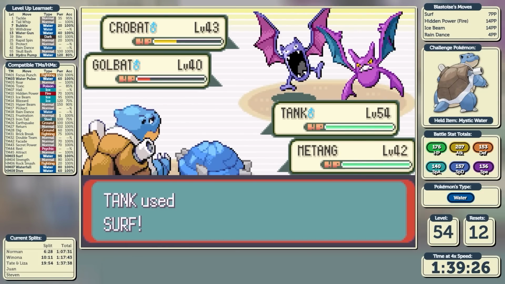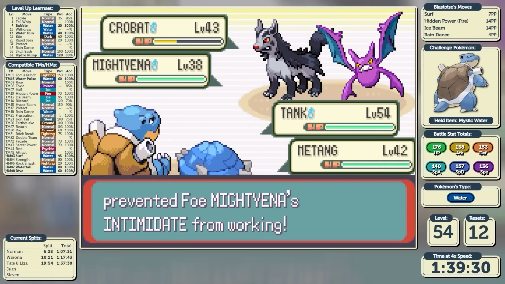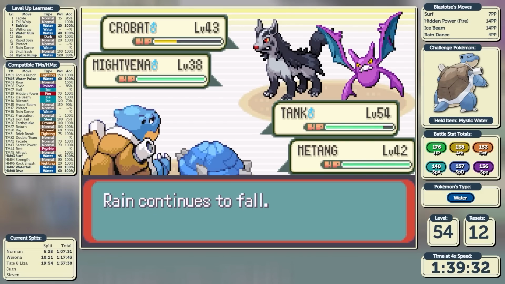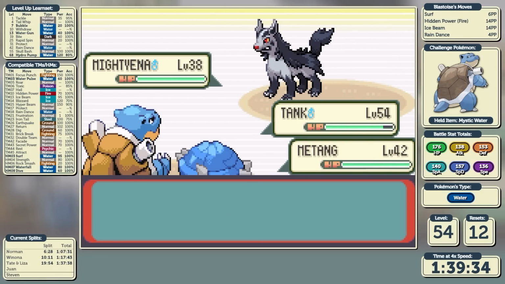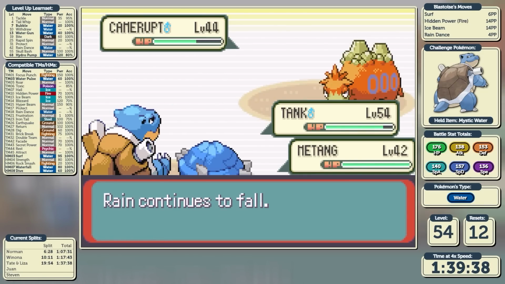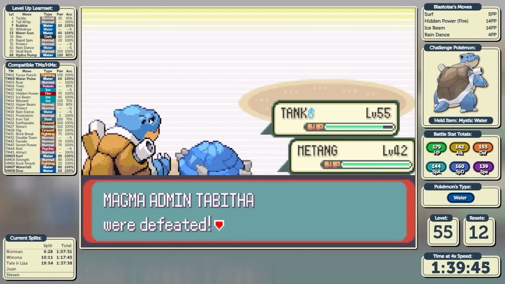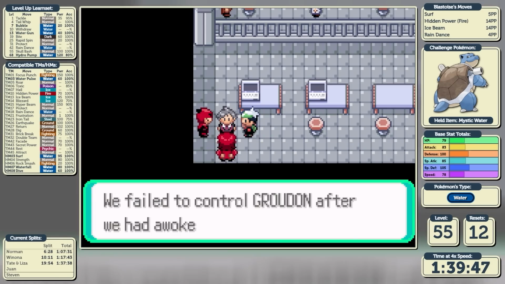We're going to continue on with the Surf because it hits both Pokemon on the field. Steven knocks out the Golbat, so here comes a Mightyena. Another Surf takes care of both the Crobat and the Mightyena, and now the last Pokemon is Camerupt. Camerupt is 4 times weak to water, so we knock it out in a single hit, and after declining the option to learn Skull Bash because it's quite frankly a terrible move, we have defeated Team Magma once and for all,